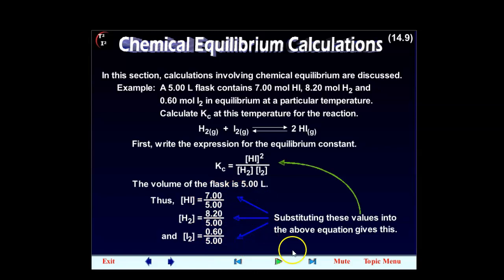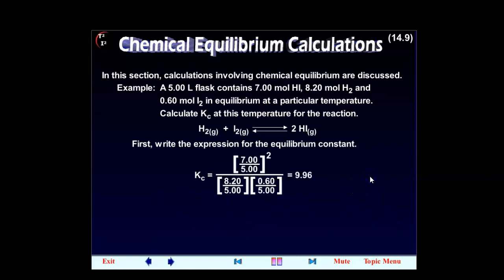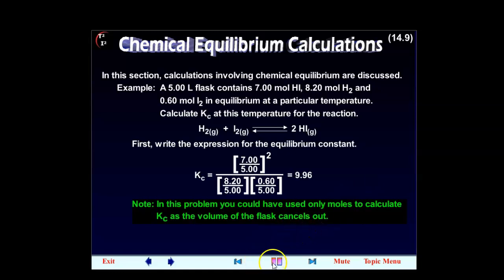So now, putting all this together, substitute these values into HI over H2 and I2. You get that K sub C is equal to 9.96. Note, in this problem, you could have used only moles to calculate K sub C, as the volume of the flask cancels out. All right, that is the Kc, the K of C